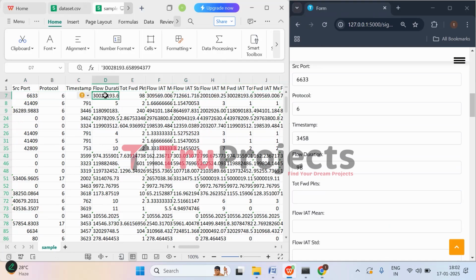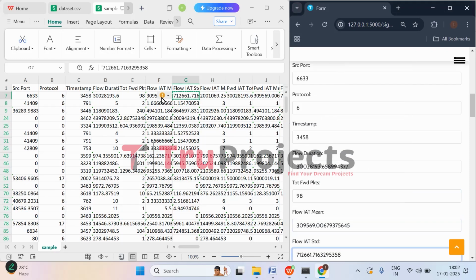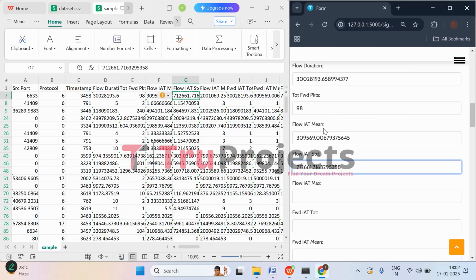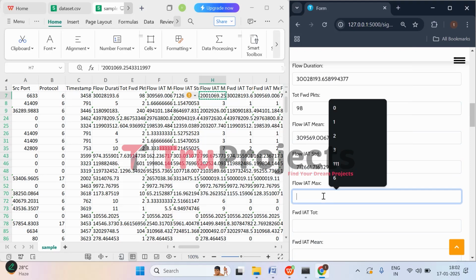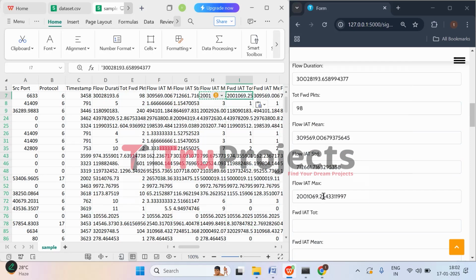So here flow duration is 3028193, and the next value is 98, that is total forward packets. And then we have flow IAT min, so copy it. Then we have flow IAT standard deviation, that is 712661. And then we have flow IAT max, flow IAT total,